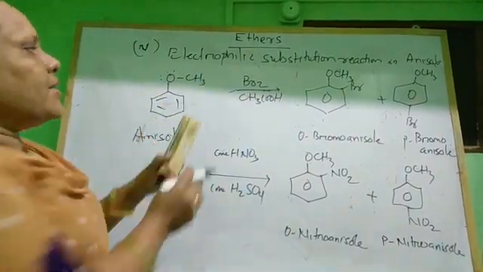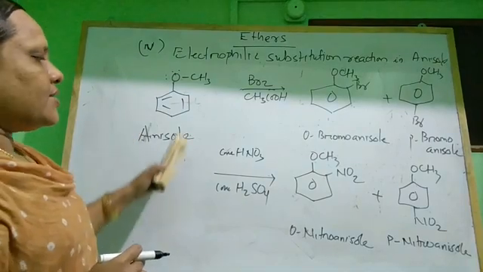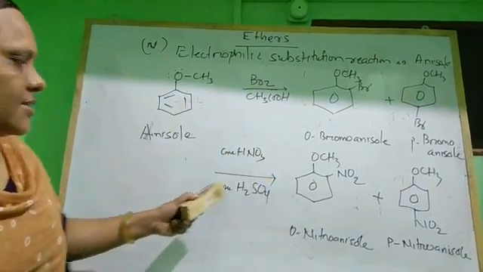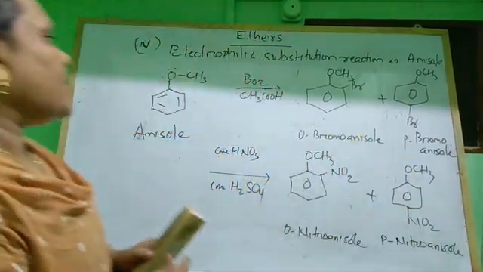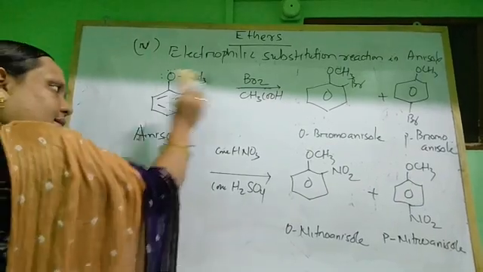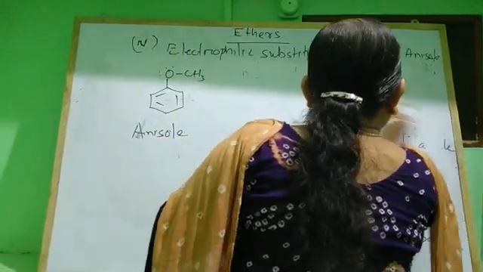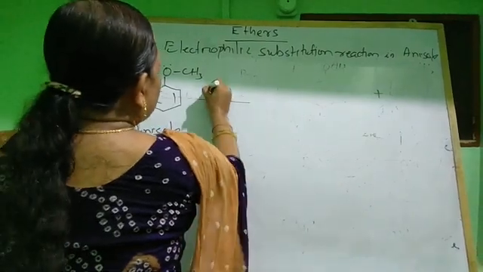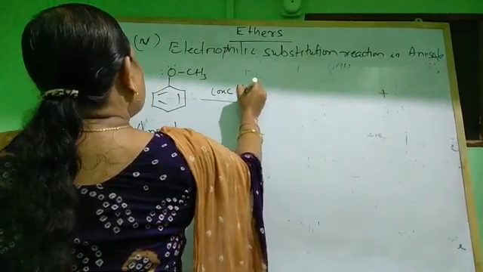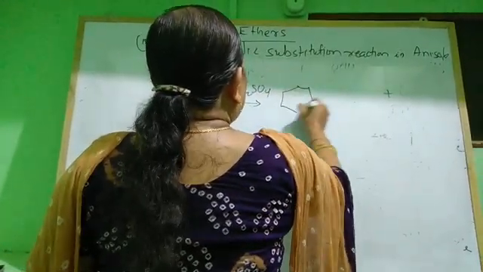So anisole when reacts with bromine, it forms orthobromoanisole, para-bromoanisole. When it reacts with mixture of concentrated nitric acid and concentrated sulfuric acid, it forms orthonitroanisole and para-nitroanisole. And again, similarly it reacts with concentrated sulfuric acid. It undergoes sulfonation to form